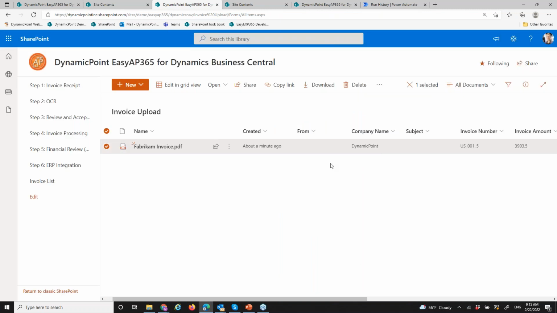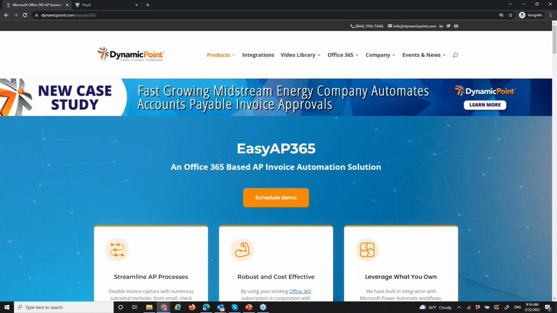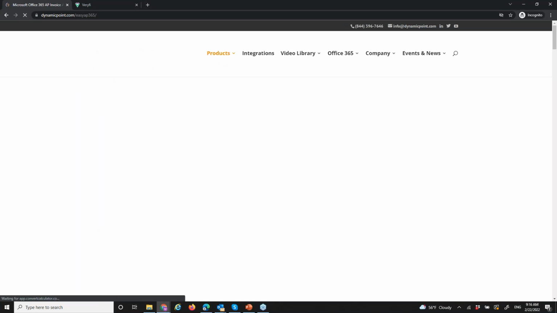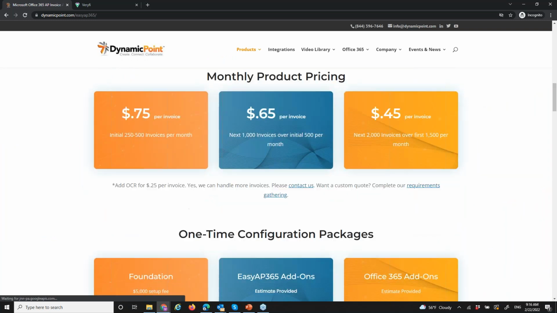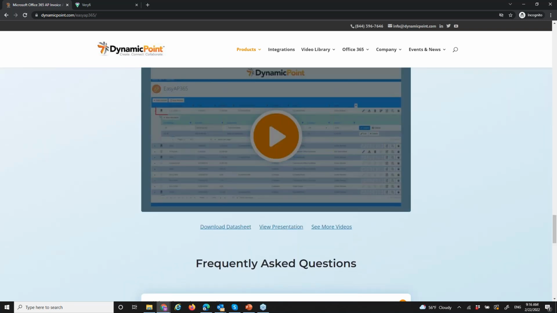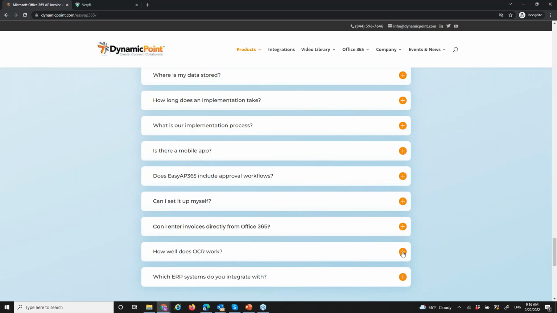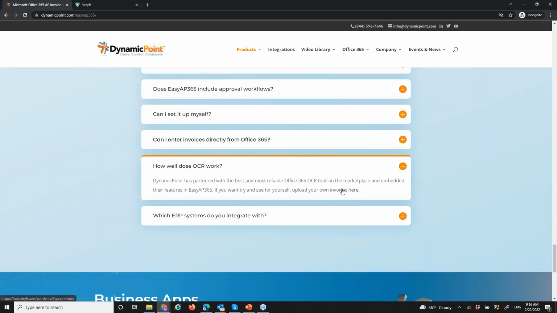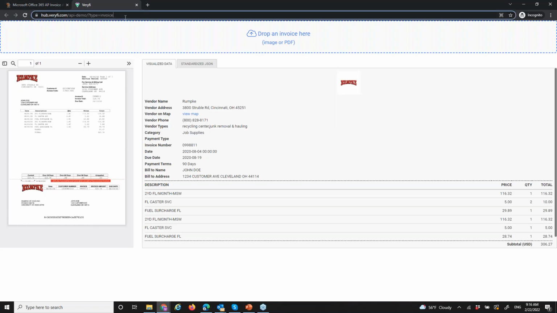So before I show you the workflow, let's talk about how the cloud-based OCR is managing this. So let's go ahead and open up a link here. And I'm going to give you a method that you could try on your own, right? If you go to our website, you just simply go to Invoice Automation, and you scroll down to the very bottom in the question and answers. There's a little question here saying, how well does OCR work? And if you click this link, it'll provide you a redirect to the cloud-based OCR tool that we typically bundle